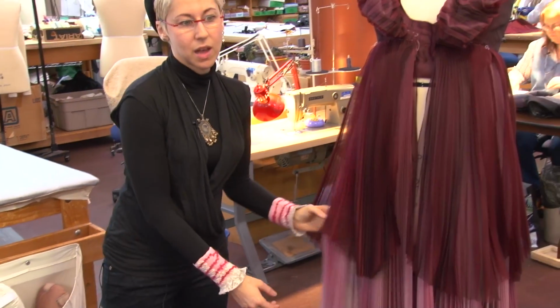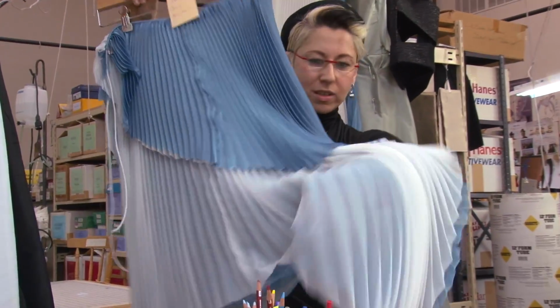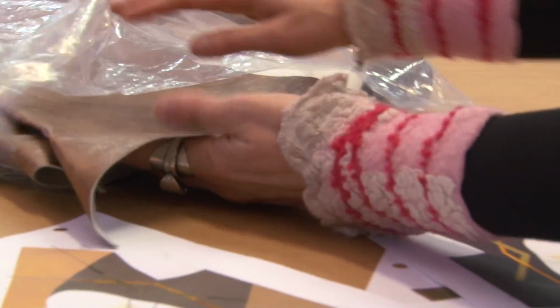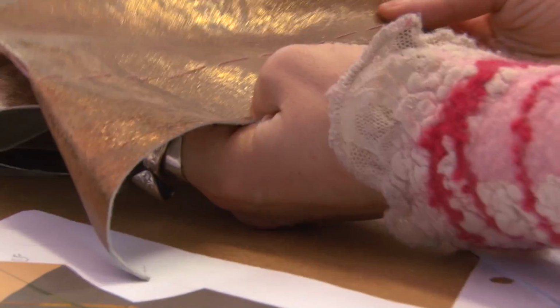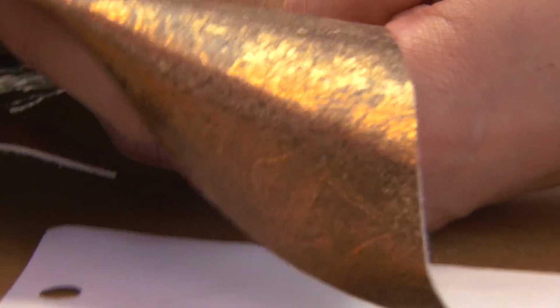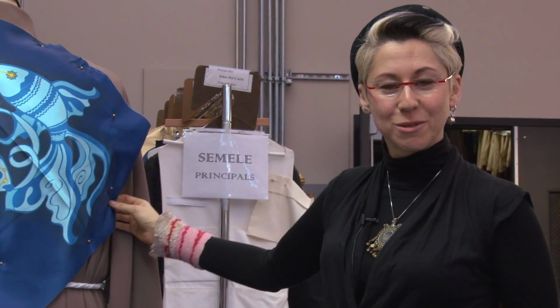The dancers that accompany Jupiter are going to have a similar pleating, only in light blue and white, so that it's visually a very consistent world. That's the leather for Jupiter. That was a challenge to find because I was looking for a leather that really has never been seen before, something that will play very differently in the light and look very godly, but also be thin enough to drape. So yeah, I'm just really excited to see how it's all going to come together,